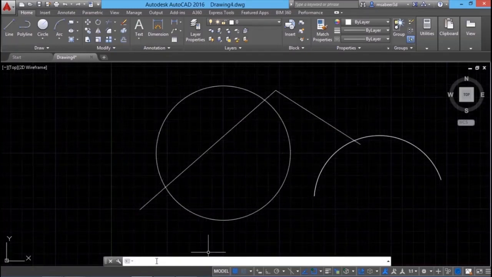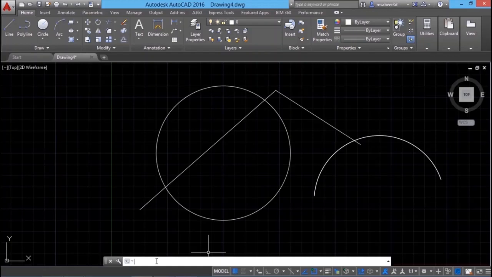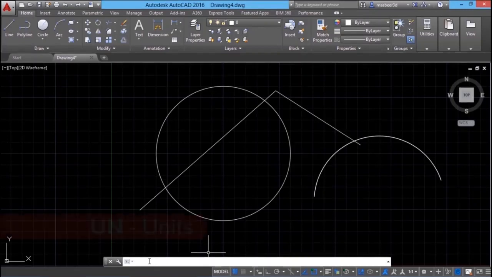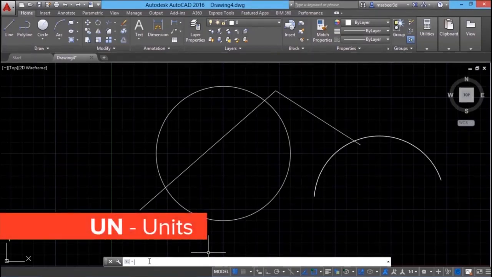Before we start any drawing, we have to set a proper unit. Basically, we create drawings in decimal and imperial units. In AutoCAD, when you work, we create drawings in true dimensions. Later on, when you plot the drawing, you can either scale up or scale down the drawing to fit a particular paper size. You can type UN for the units command, and you will see the drawing units dialog box